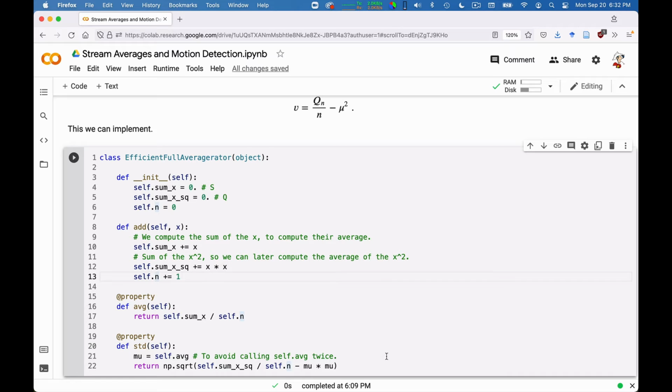And then I take the square root of it. Okay? So this enables me to compute both standard deviation and average without having to remember the whole sequence of values. This is essentially a gift from the god of mathematics. It's not clear at all, actually, that it should be so simple to compute statistics of a stream of data without remembering all the data samples, okay?